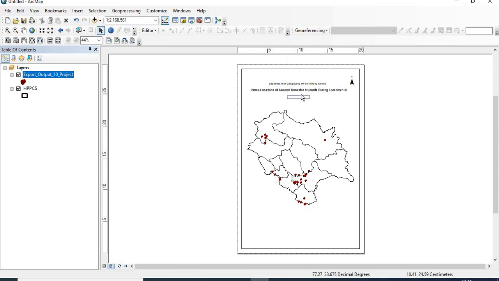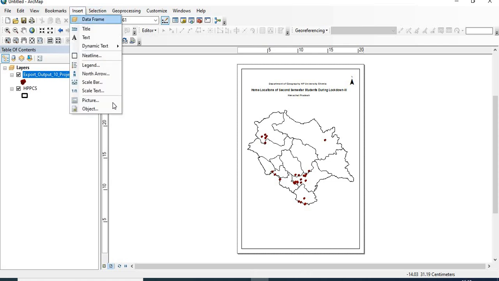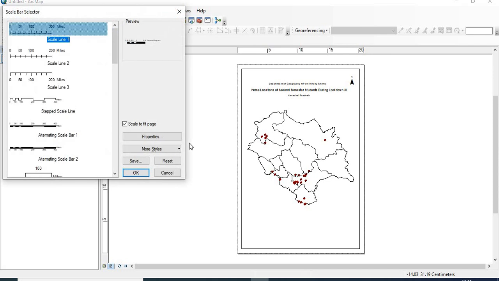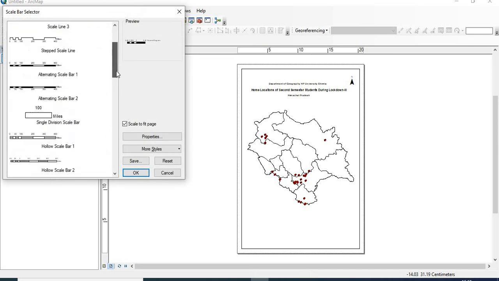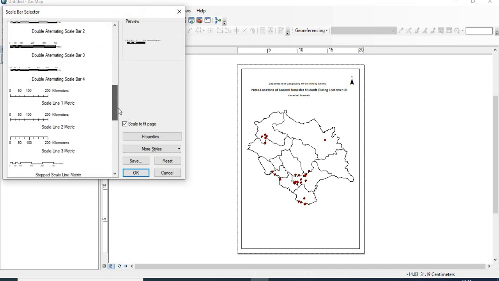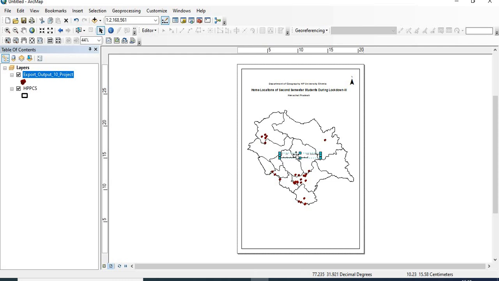So likewise, you will add the title to your map and then go to insert again and click on this scale bar. You can take any of them, for example this scale bar, and you can place it here.